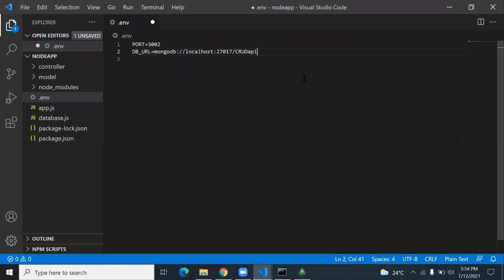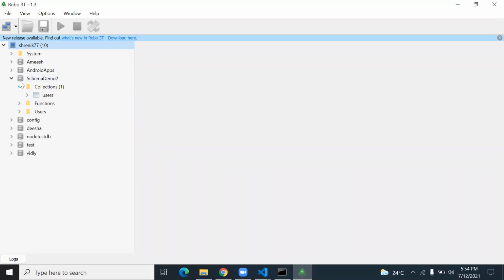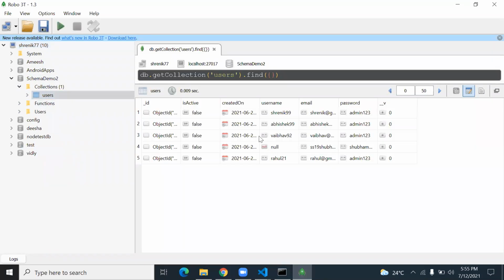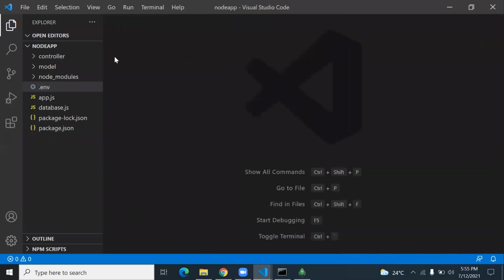CRUD API is my application database name. Right now we don't have any CRUD API collection. Let me check this. Here you can see some collection is ready. Similarly, I will generate a CRUD API. Now it's ready. 3002 is the port number.